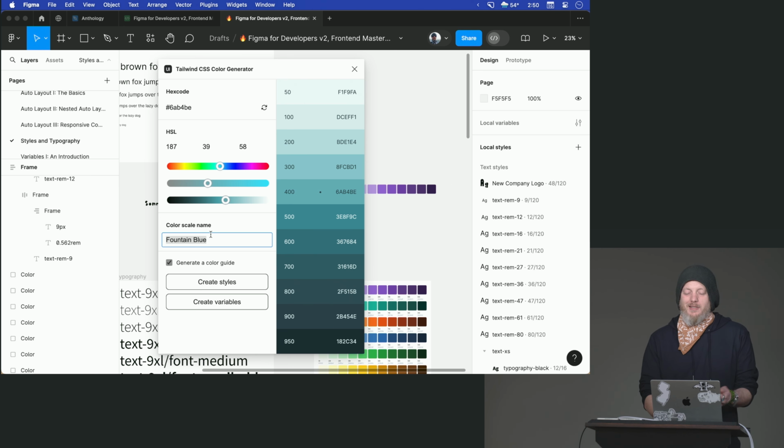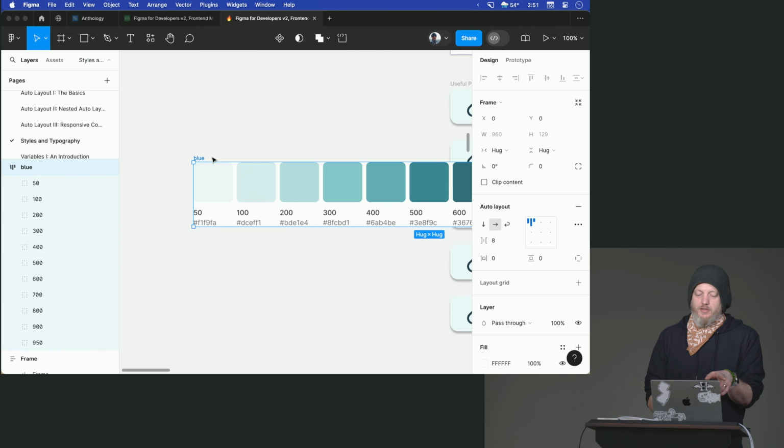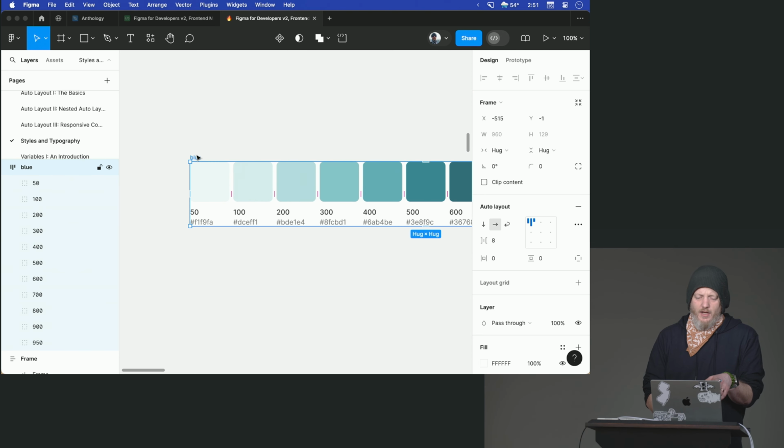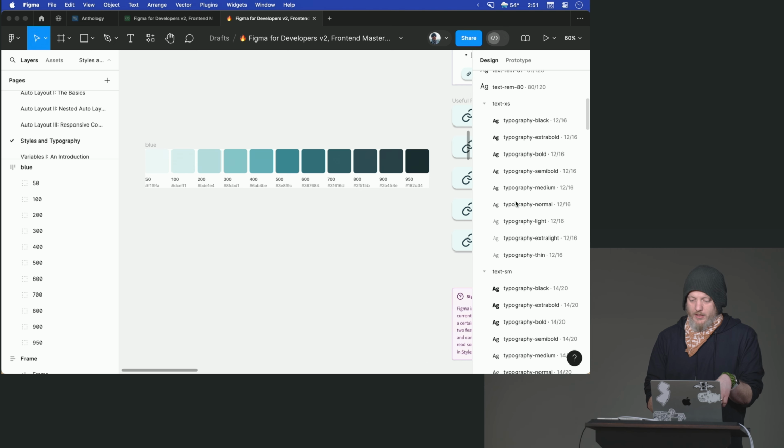But we're going to talk a little bit about color names versus semantic names in a little bit. One would argue, in no world do you really want this called fountain blue. You either want to call it primary, brand, information, danger, error, or blue. Fountain blue seems oddly specific unless you have 17 other blues. So we can call this blue, and we say create the styles. And you can see that it generated a color palette, much like the one that I accidentally tried to have us reverse engineer. And then if we go into the color styles,